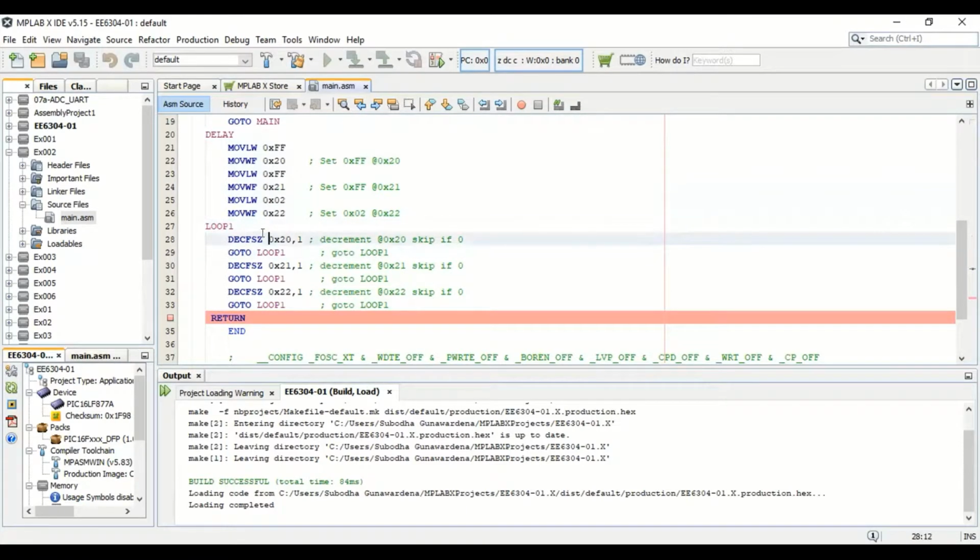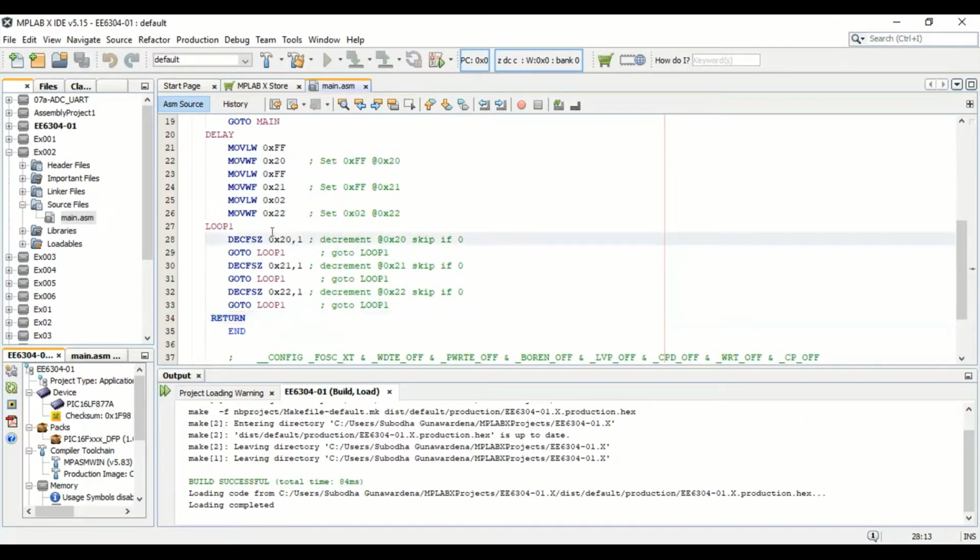So here in this loop, there's one small thing that you have to consider. Since I'm using 0xFF, that means 255. So this one will exit from this particular section to the next section once the value inside this becomes 0.